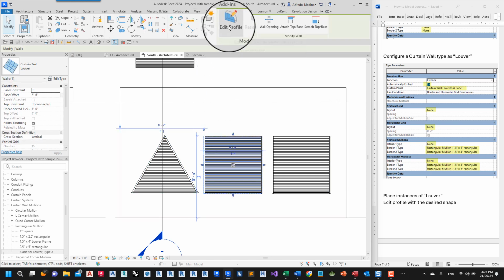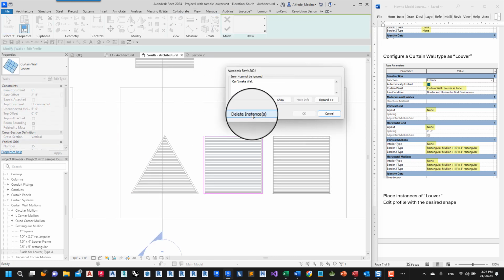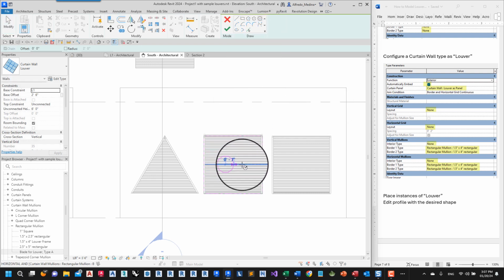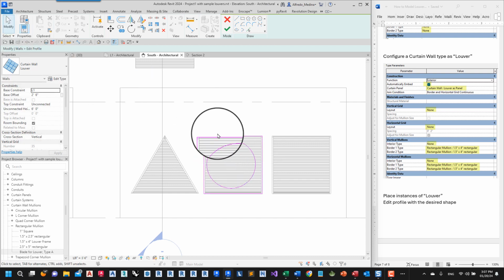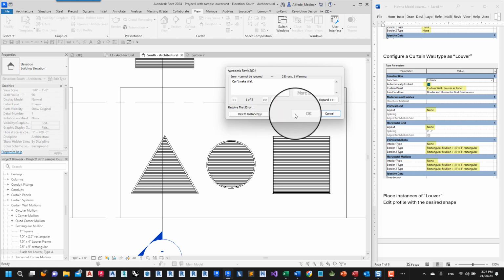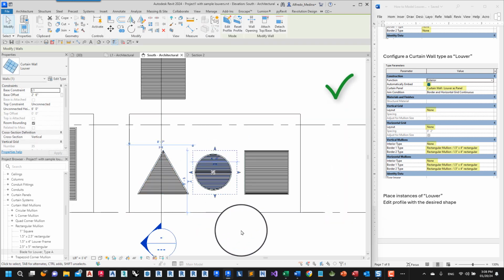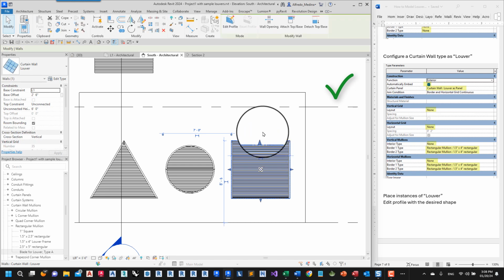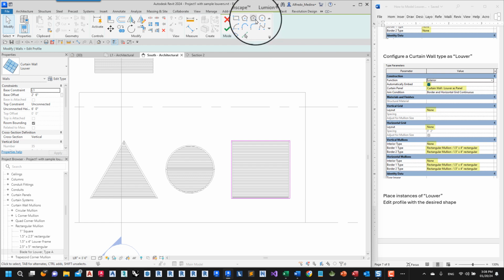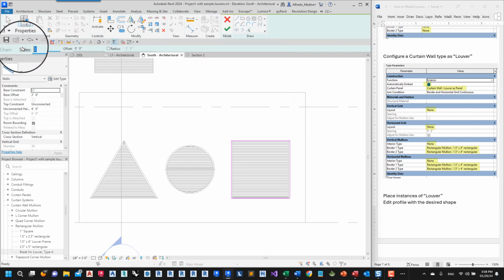For this one, we do Edit Profile. Let's draw a circle this time, like this, and delete the original edges, finish, delete extra mullions, and now for this one we do Edit Profile, and we can draw maybe an octagon.